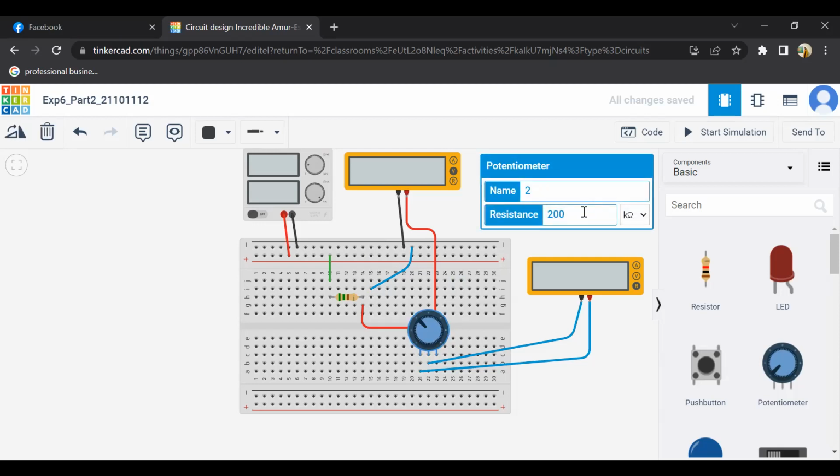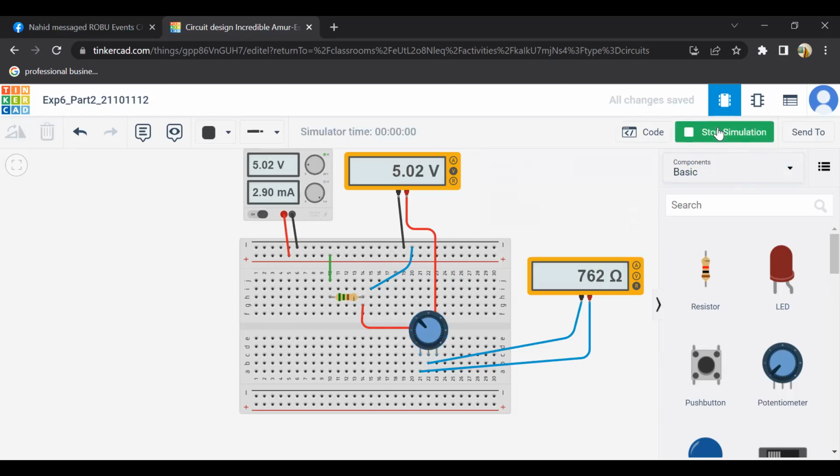কিলো ওহম কেন দিছেন বললাম না, যেটা কারো হয়তো 5-6 কিলো ওহম লাগবে, তো আপনার আর থেভেনিন কত 0.5, তাইলে আপনার তো 4 কিলো ওহমই মনে হয় হয়ে যাবে, 4 কিলো ওহম দিতে পারেন। হ্যাঁ ব্যাস, আর কিছু লেখা লাগবে না। ওকে, এবার সিমুলেশন স্টার্ট করেন। এবার পটের ভ্যালুটা ওই যে ছোট একটা ভ্যালুতে সেট করেন, যেটা আপনি প্রথম অবজারভেশনে নিতে চান। যেমন আমি প্রথম অবজারভেশনে নিলাম কত, 100 ওহম। কমান,